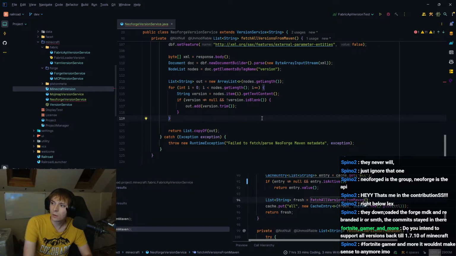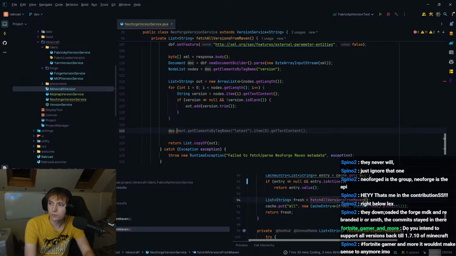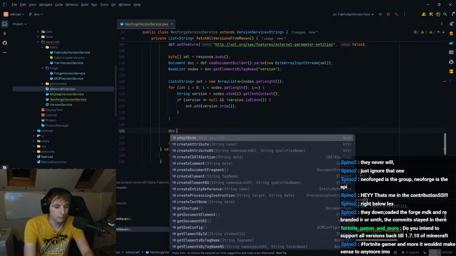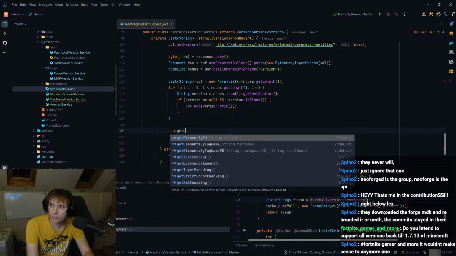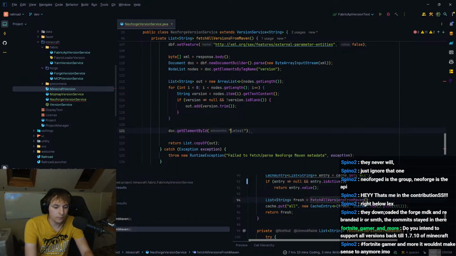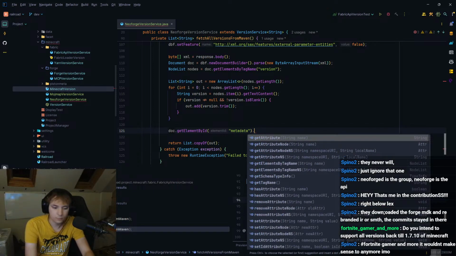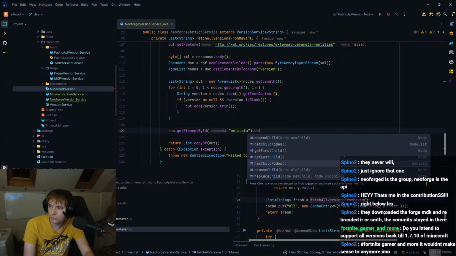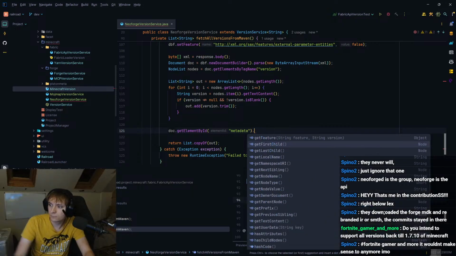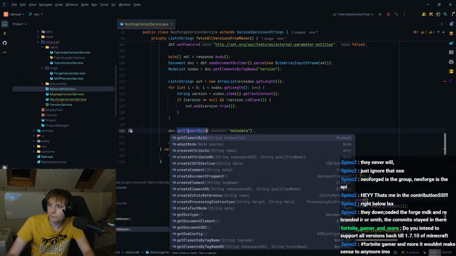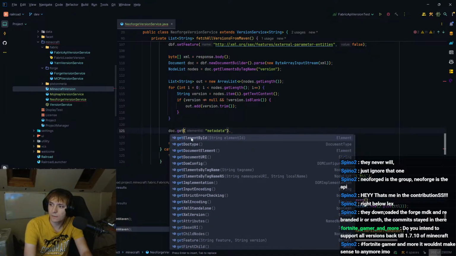So if I do document.getElementById, I think, metadata, and then do dot getElement. Can I get child? Get node?